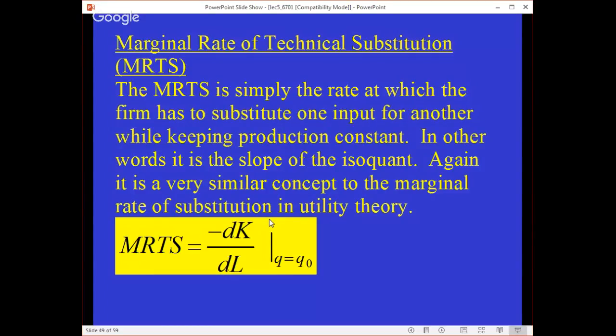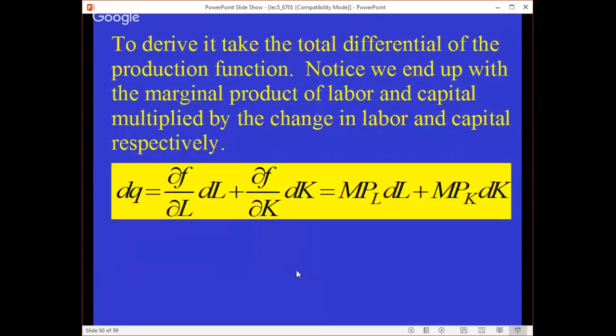So the marginal rate of technical substitution is simply the rate at which the firm has to substitute one input for another while keeping production constant. In other words, it's the slope of the isoquant. Again, it's a very similar concept to the marginal rate of substitution in utility theory. So here it is. It's the slope of the isoquant, holding output constant. Now, if I take my production function